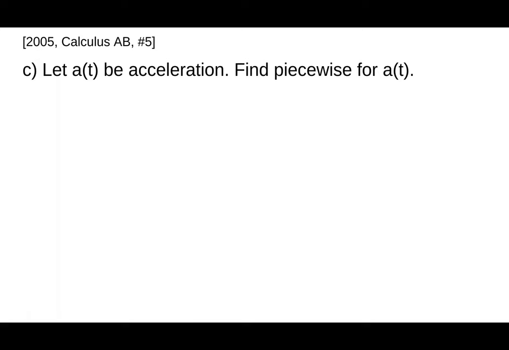In part C, we are going to assume that a of t is the acceleration of the car, and then we are asked to find a piecewise function for a of t. All right, well, based on the graph of v of t provided, v of t is just 3 line segments, and a of t is the